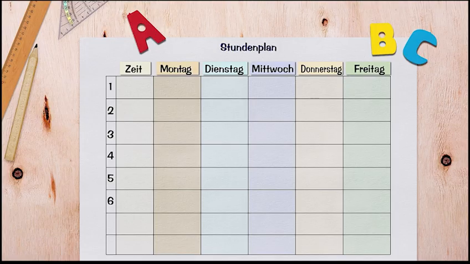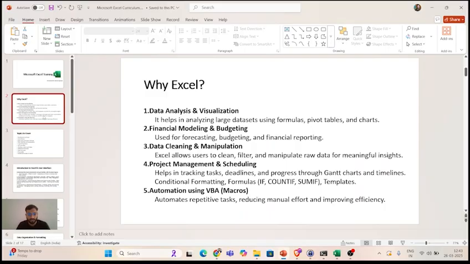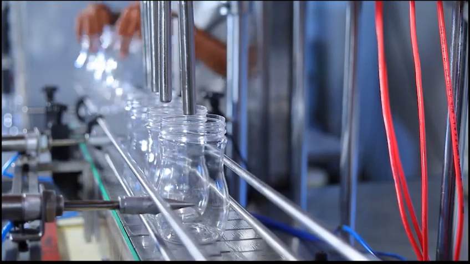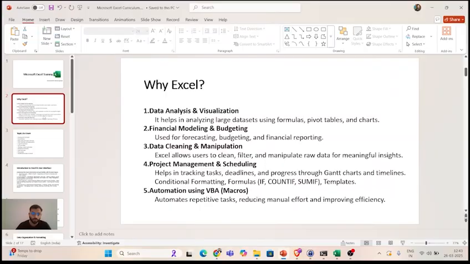For project management and scheduling, it helps us track deadlines, tasks, progress and all other things, right? And the last very important application of Microsoft Excel is automating repetitive tasks. Let's say you have some tasks which you have to perform every day, every week, or maybe twice a week, twice a month, or monthly. You can automate those tasks using Visual Basic macros. We will see an example of this. All of these things we will cover through examples and practical notes, right?